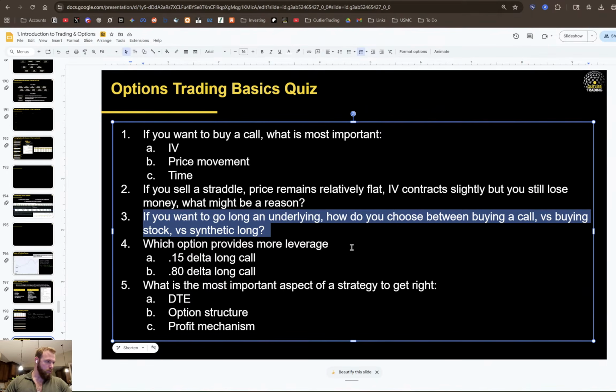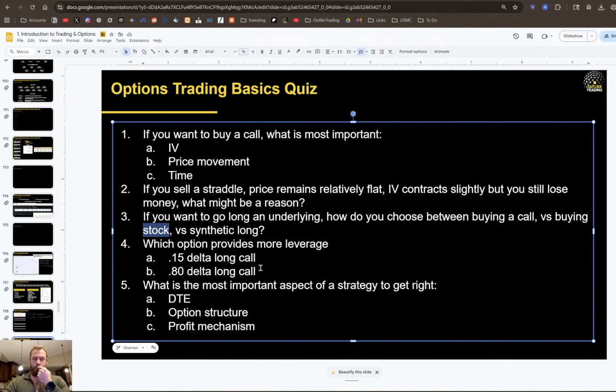Okay, so, oh, I don't know how to say that. Okanano says liquidity of options versus underlying. That's a massively important input. If we think about the differences between these positions, right? Buying stock is expensive, but if you buy stock, you do not have to worry about some sort of expiration.